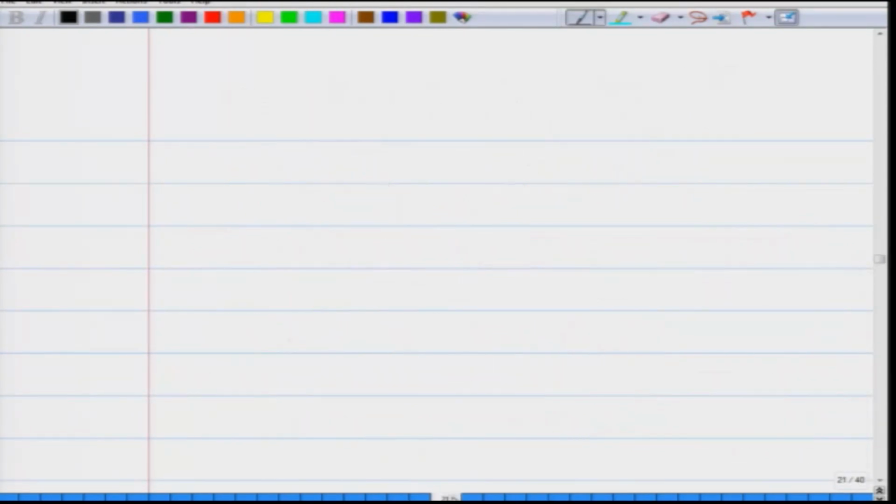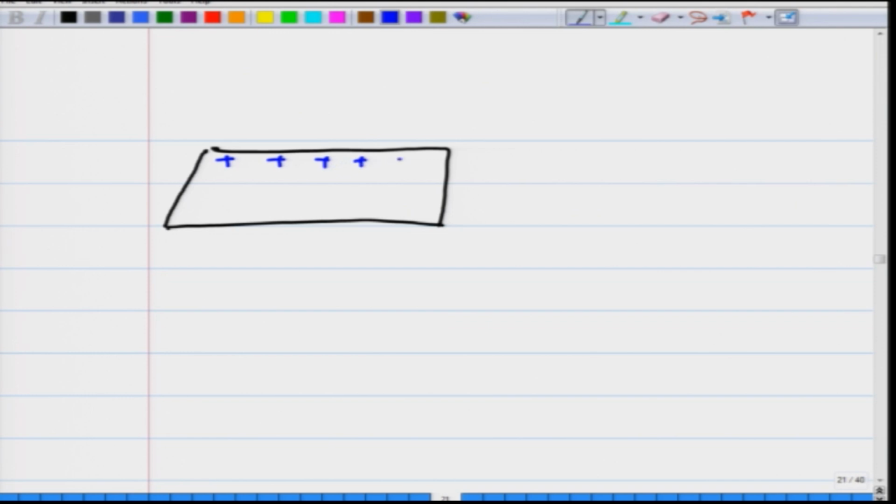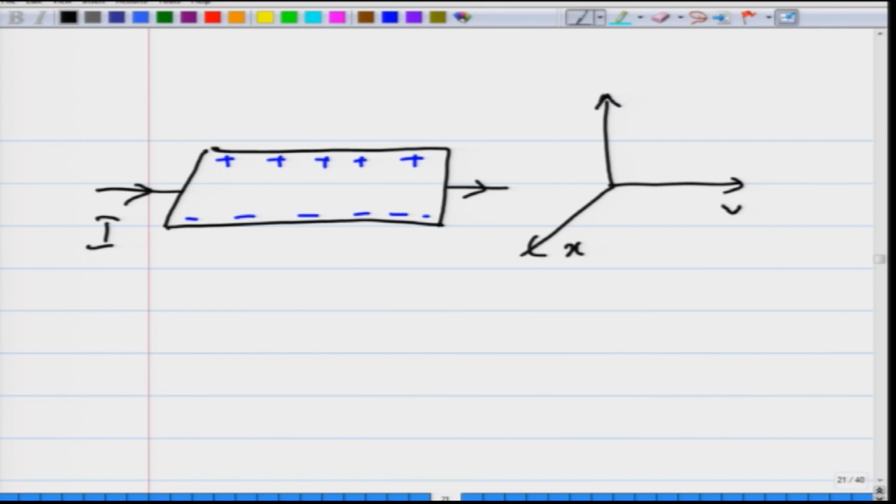So, let us go back to our figure. If we go back to our figure, this is what our sample was. Because of the Hall effect, we had positive charges on this end and negative charges created on this end. The current I was flowing along this direction. These were our coordinates x, y